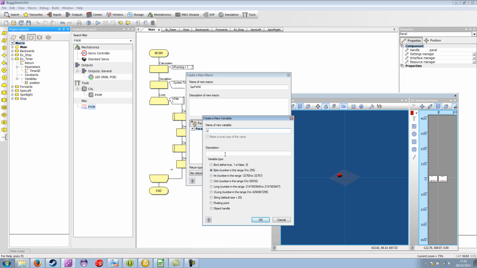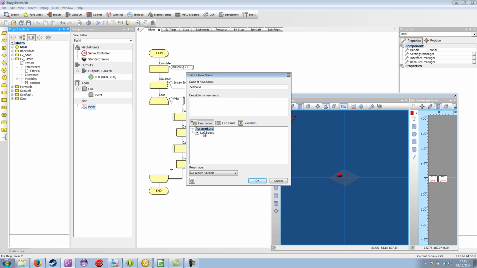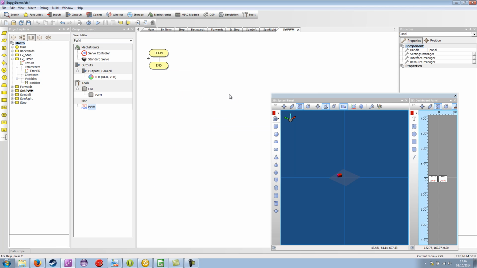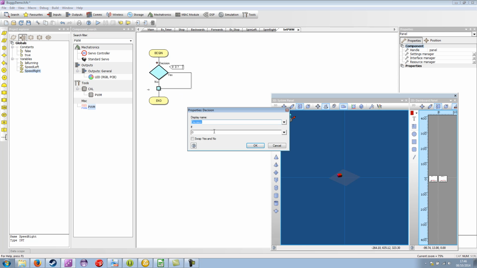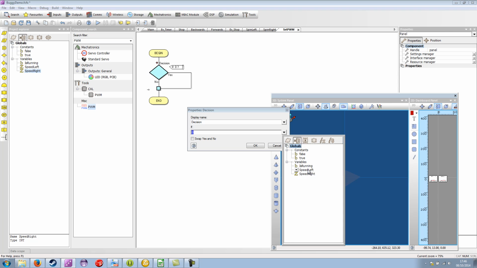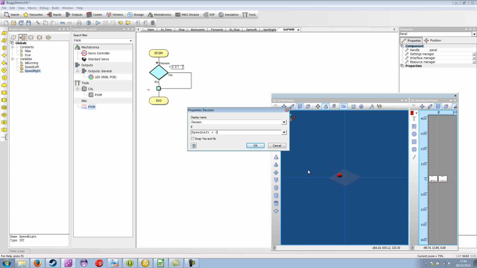Which is left speed, int. Actually, these are globals anyway, so I'll just get rid of them as parameters. We just have a set PWM, and this will update the PWM outputs based on our global speed variables. Set PWM. If speed left is less than 0,